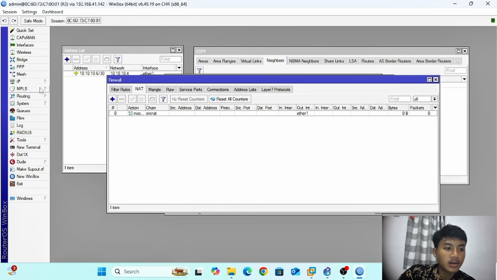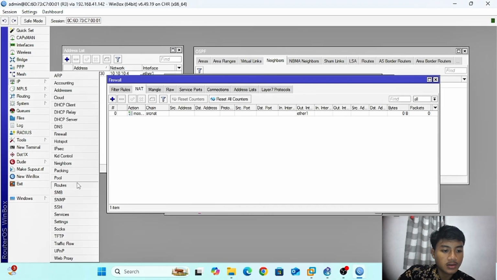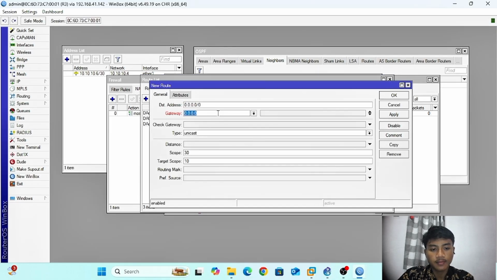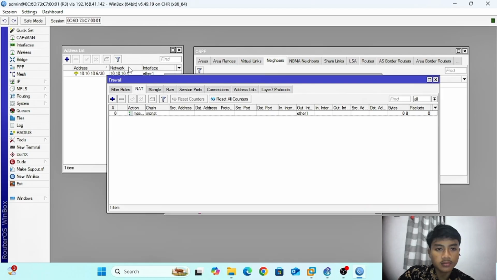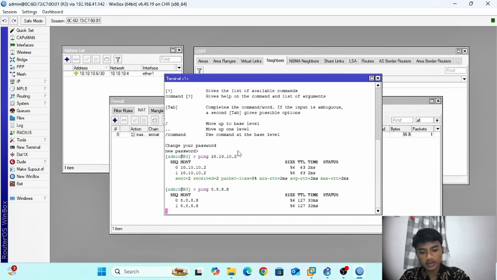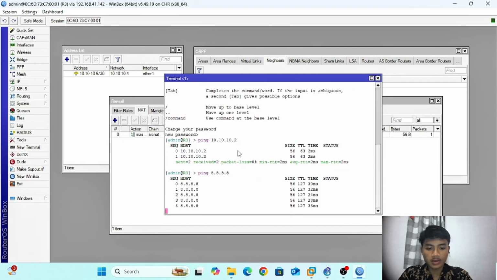I will add a static route to the internet with the gateway from the IP of router 1, 10.10.10.5. Okay, success to connect to the internet.